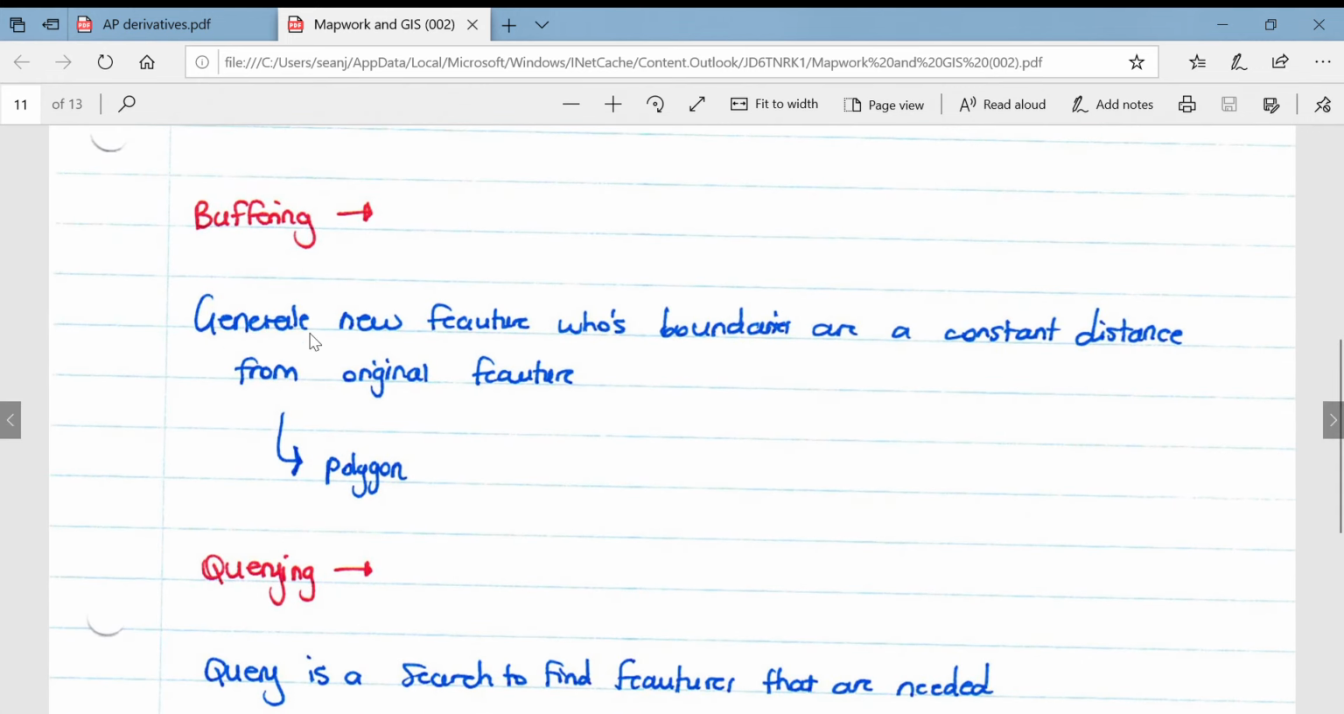Then if we look at buffering, also a very common term that they love testing on, and you're required to know a bit of application around them. Generally, new features whose boundaries are a constant distance from original features. So buffering is an example of polygon data, and how they might test you in this is